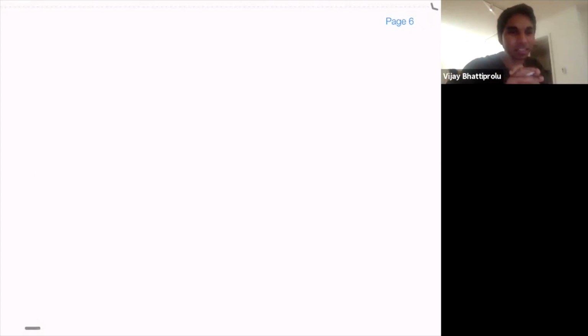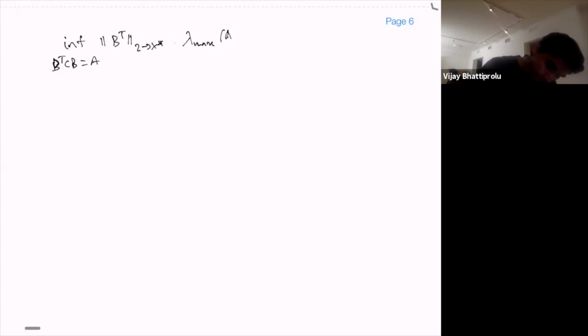We're going to show a maximization characterization of the factorization norm, for the following variant of factorization norm: B transpose C B is equal to the infimum of the 2-to-X-star norm of B transpose times lambda max of C times B X to 2 norm. I'm going to show this is equal to